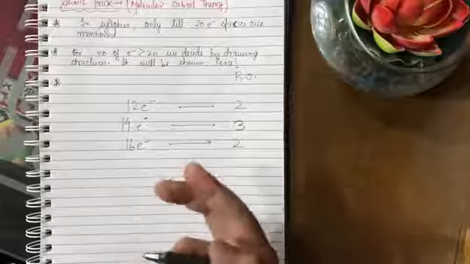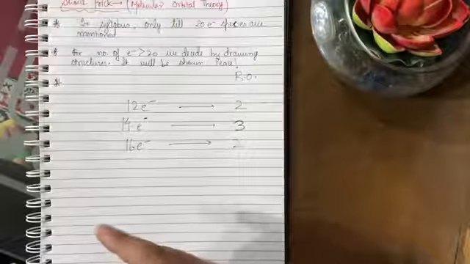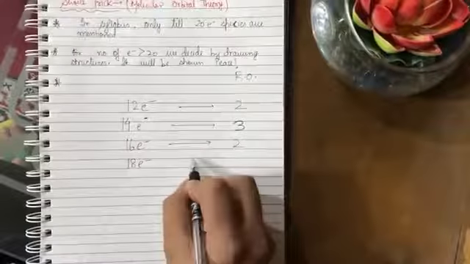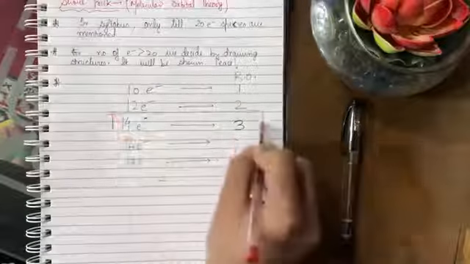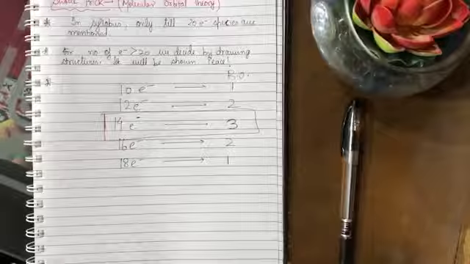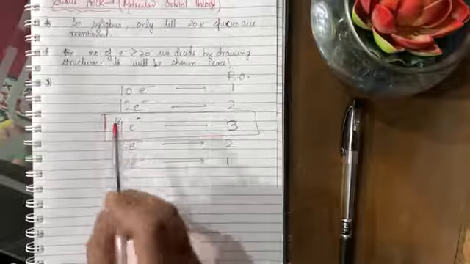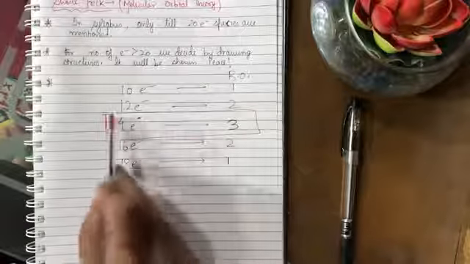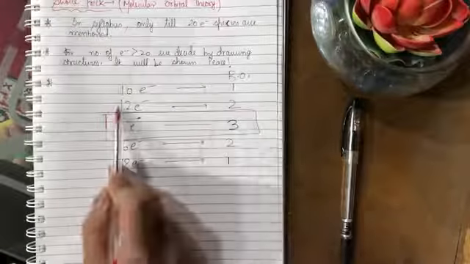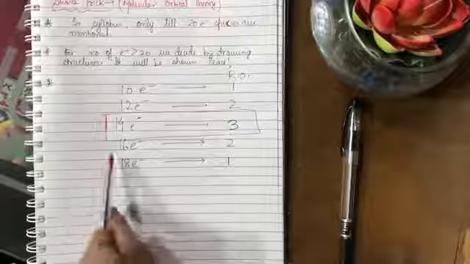Now increase by 2 electrons, the bond order gets decreased by 1. So let's increase the electrons by 2. So the 18 electron species will have bond order 1, and the 10 electron species will also have bond order 1. The trick is that you have to focus on the 14 electron species. If we increase or decrease the electrons by 2, the bond order shall decrease by 1. So you can see here. Next we can see with respect to 12 and with respect to 16.